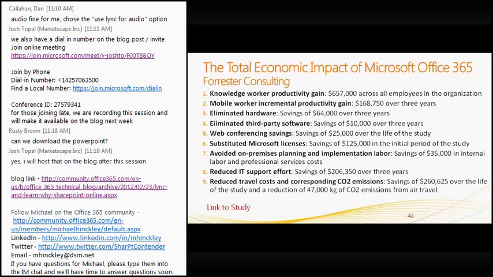Just a real quick overview. I saw this recently being posted. It was the total economic impact of 365, so you can just look at the savings there. The link is on the study here. Make sure you go through the study with a fine-tooth comb and pull out what you need to pull out, if you do need to go ahead and make proposals and tailor them to your organization, because there is the actual key and the equations that you'll need to go through and work this up within your organization.